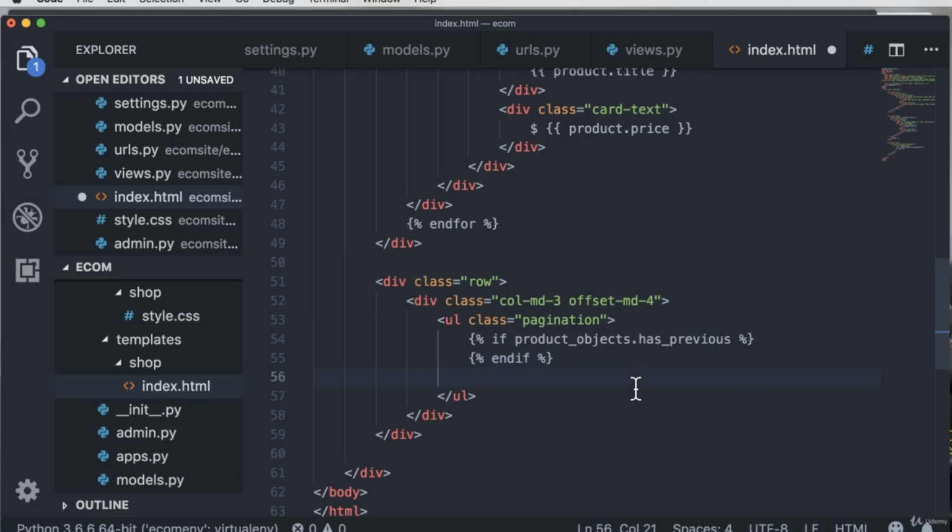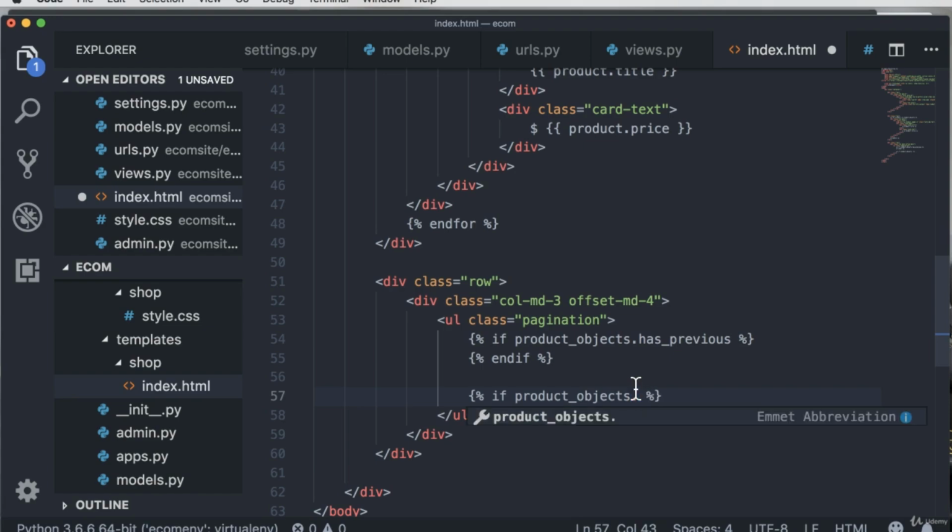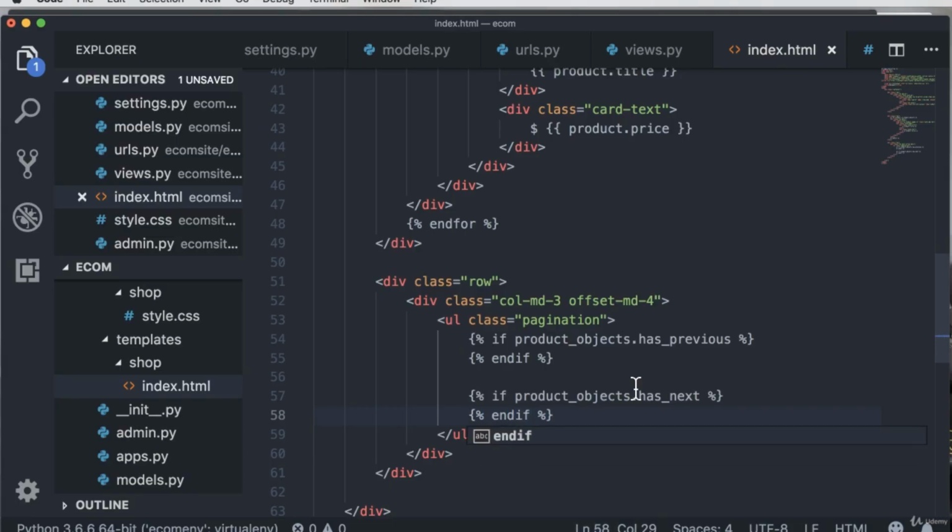So now similar to this, we also want to go ahead and make the navigation for proceeding to the next page as well. So in order to make sure if the product object has next, we type in if product_objects.has_next, and we end that if block over here. So I'll type in endif. So we have taken care of both of these things here,